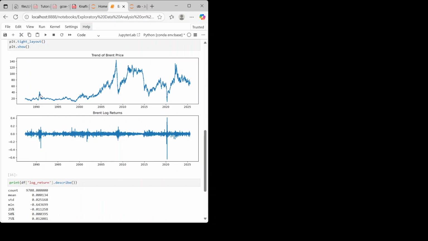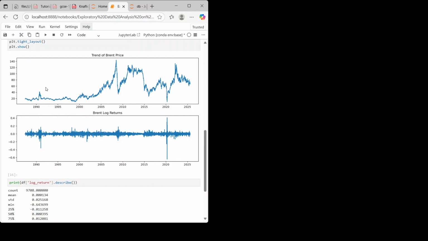As a data analyst, what you can do is research and see, were there any events happening in this period, 1991? I cannot recall it off the top of my head, but I think there was something related to the